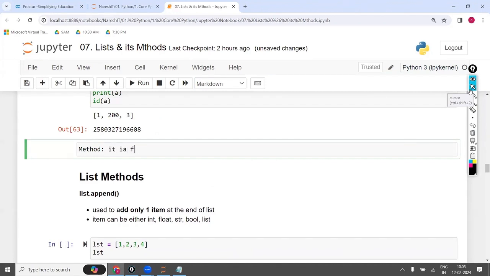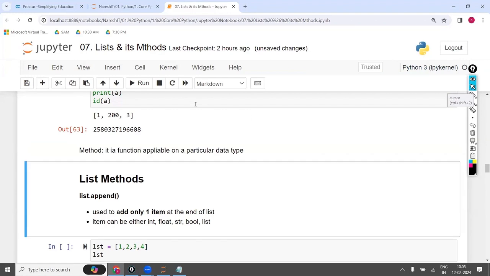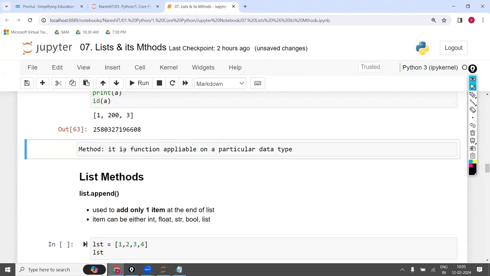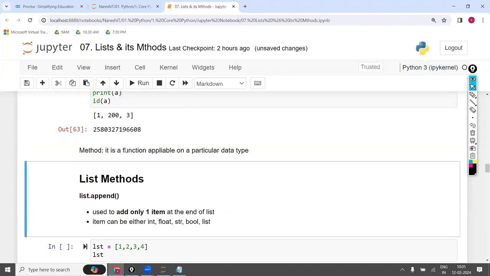It is a function applicable on a particular data type.